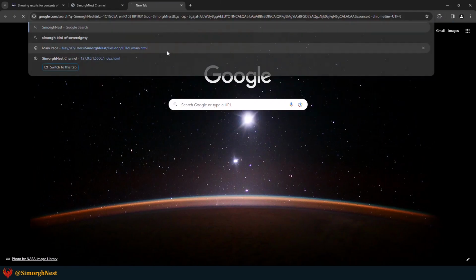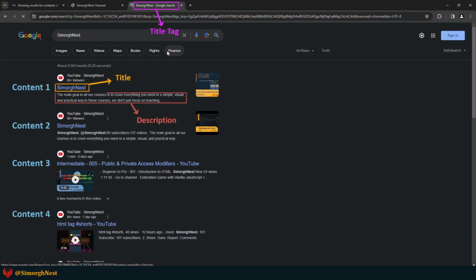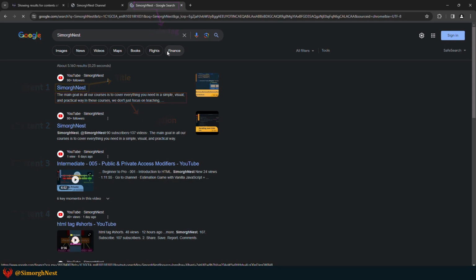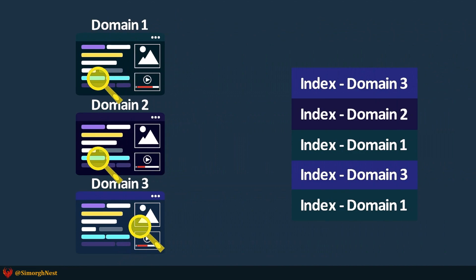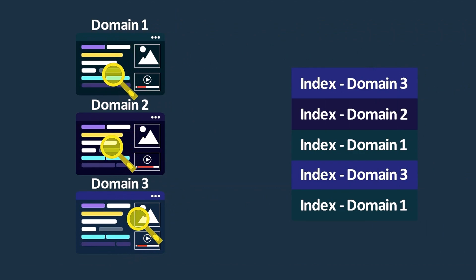When we perform a search, the search engine displays the indexed content. Crawlers adhere to specific rules. By closely following these rules while implementing HTML documents, we increase the chances of the site appearing among the top search results. Therefore, based on what we've discussed, it's extremely important to follow SEO rules when writing HTML code.